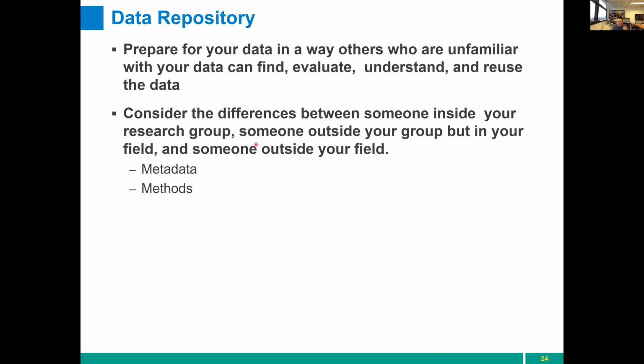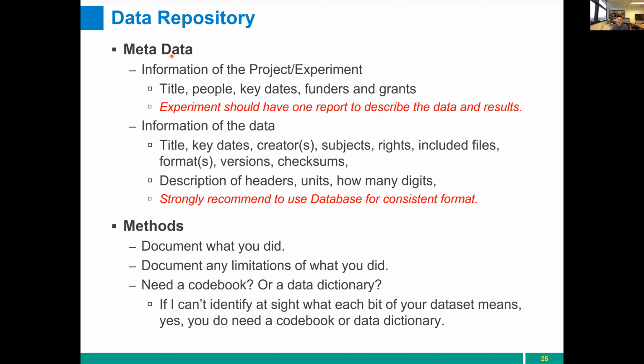So you have to consider the difference between different people and how you can make sure that you can pass information to the people. So when you do the data repository or data storage, you have to consider two things. One is always keep in mind the data are not just numbers. There is a metadata consideration, there is a methods consideration. What are these two? The so-called metadata consideration is, once you save the data file, you have to save the file